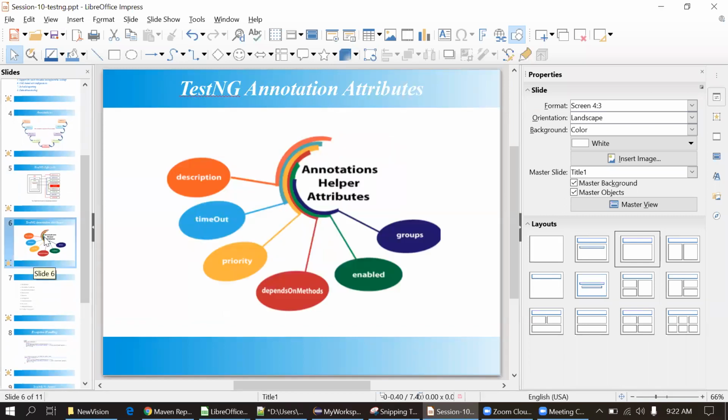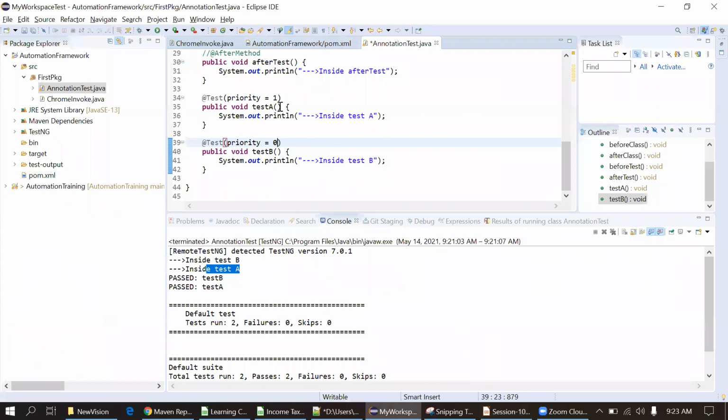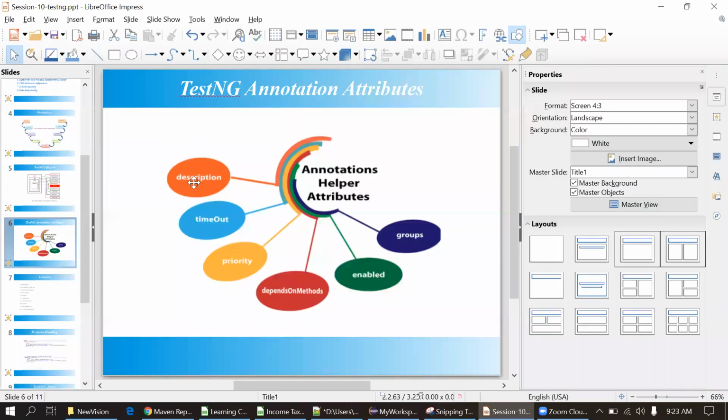Then TestNG annotation attributes. Okay. So we can provide the description. We can provide the timeout. Means suppose how much time a test case should take, and after the time limit is crossed, the test case should get failed. Then of course priority, depends on method, enabled, and groups. We can make the test case part of groups. So I will go one by one here. First, for the description,